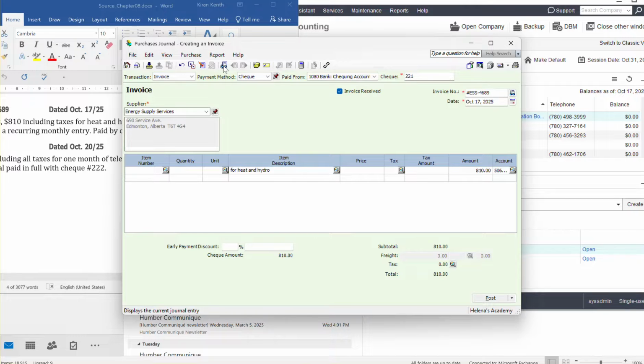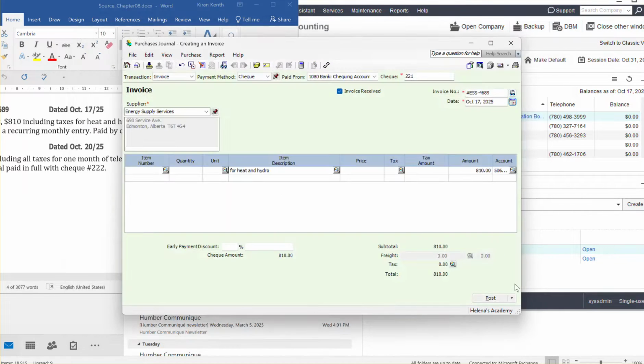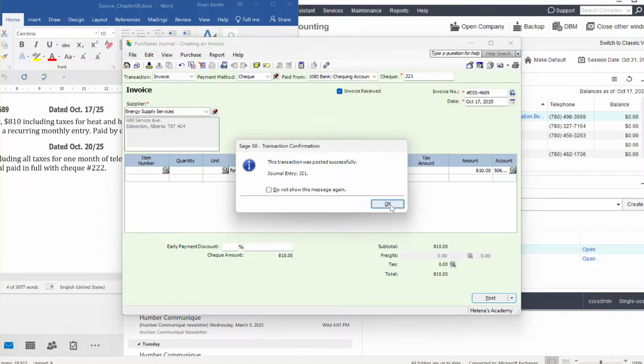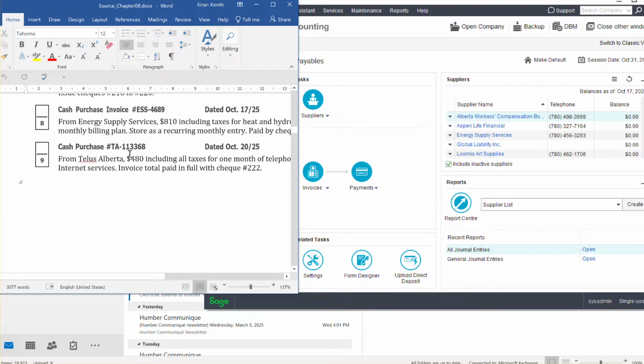I am going to display a transaction. The transaction should look like Hydro expense and your bank checking account. We're good to go. I will post this transaction. We are good. I will close this, and then what we are doing is we're doing a purchase and with